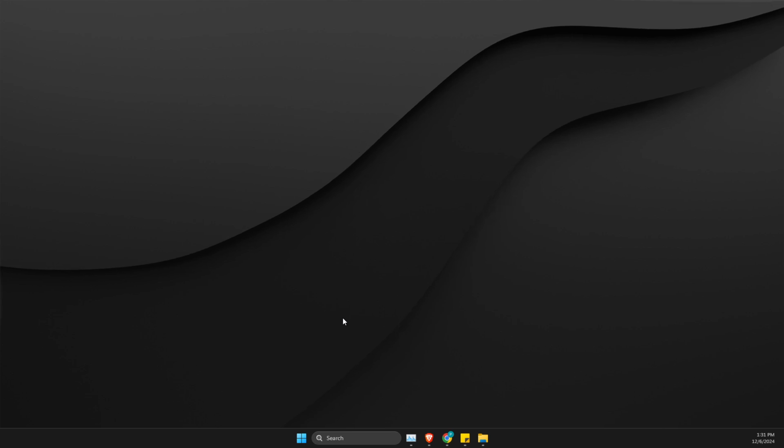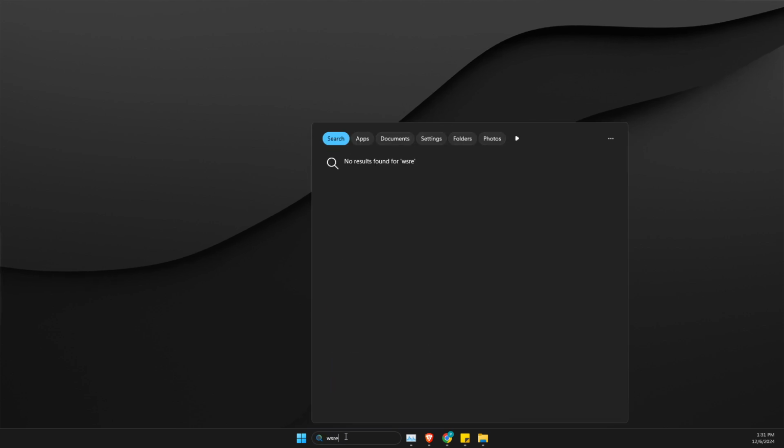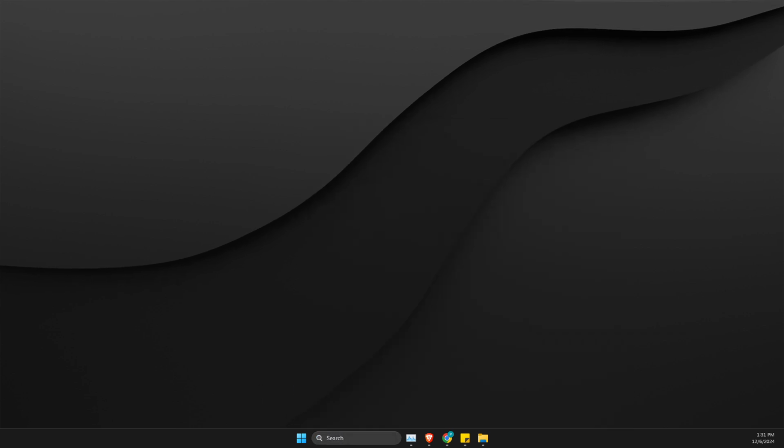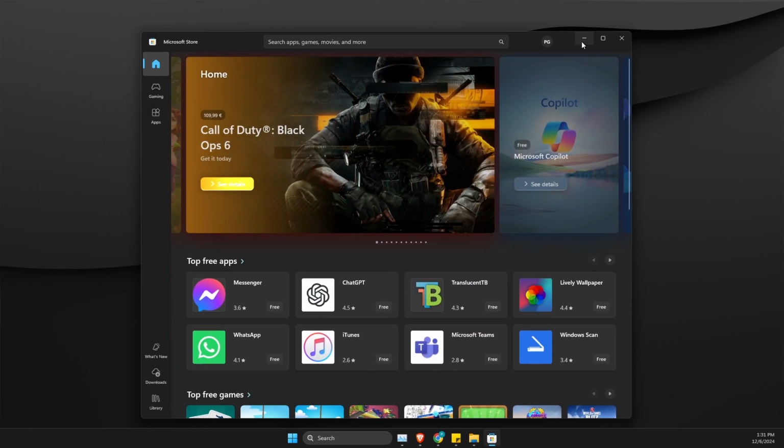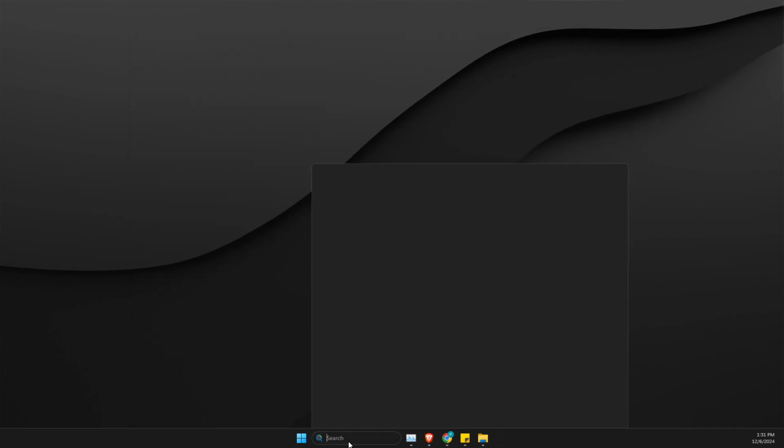And after that, the next thing you can do here is on search, you just need to write wsreset and then run this command, and it will refresh Microsoft Store. And if this does not work, then go to services,